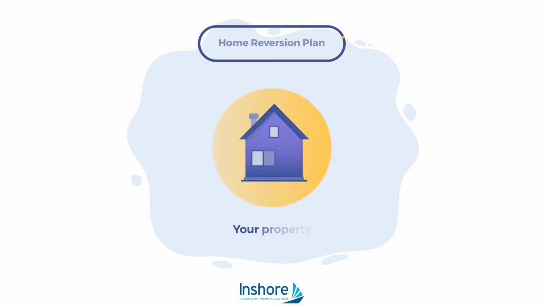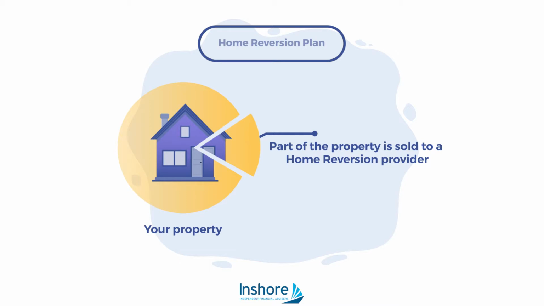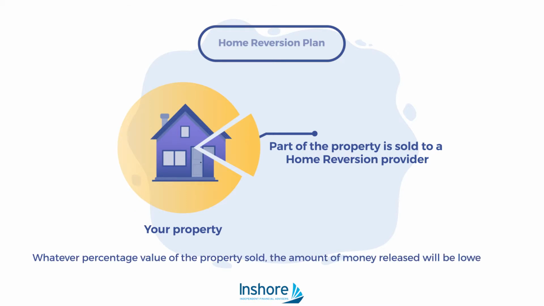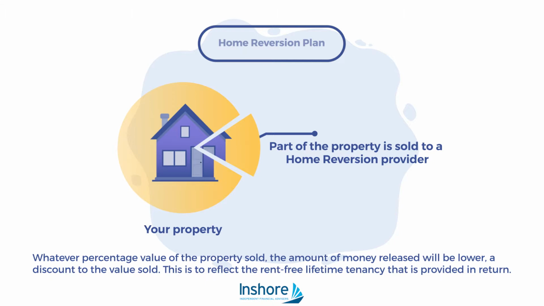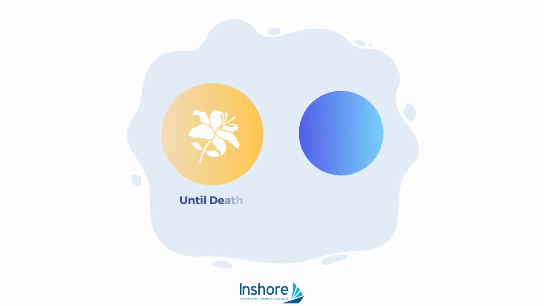The other equity release product available to you is a home reversion plan. Put simply, a home reversion plan is a means of selling a share or all of your home at a discounted value in exchange for a lifetime tenancy, which is rent-free. In selling that part of your property to a home reversion provider, you release equity from the value of the part you sell. The tenancy will guarantee your right to remain in the property until death or having to go